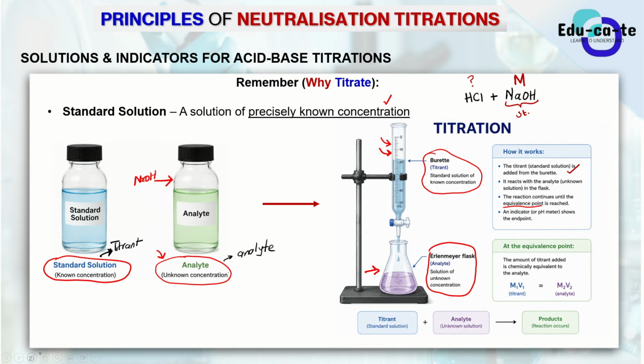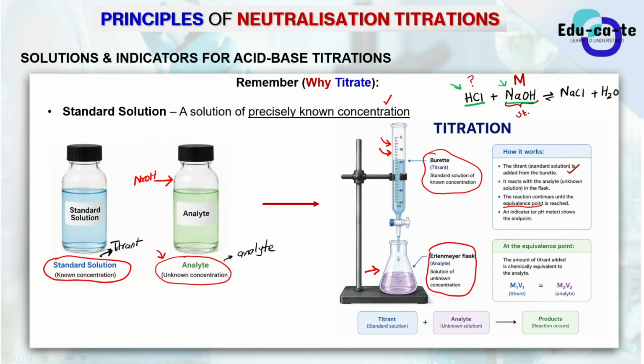When these two react with one another, they are definitely going to form some products. The product that is formed when you react an acid and a base is a salt and water. So we already know that we are going to get sodium chloride as the salt here, plus H2O. Now, these are sharing a 1:1 ratio. If you look carefully, the hydrochloric acid and the sodium hydroxide have a 1:1 ratio. It means that 1 mole of hydrochloric acid reacts exactly with 1 mole of sodium hydroxide.